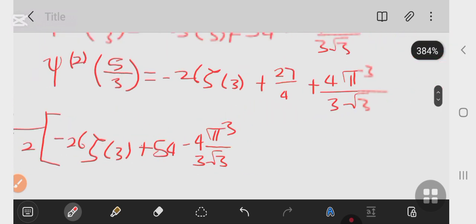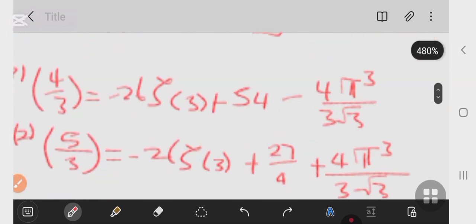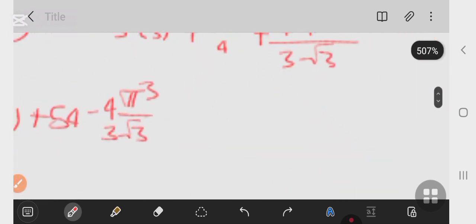Now that is 4 over 3. Then plus 2 multiplying trigamma 5 over 3, which in this case will be plus